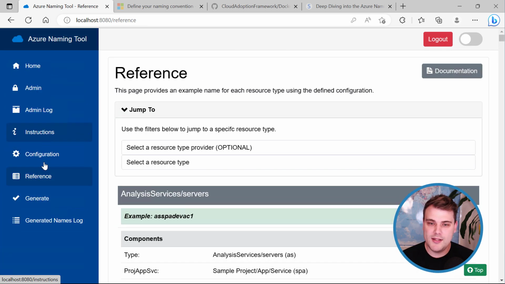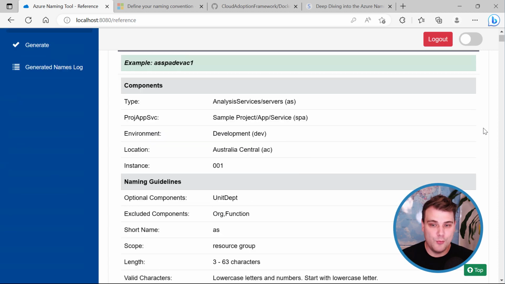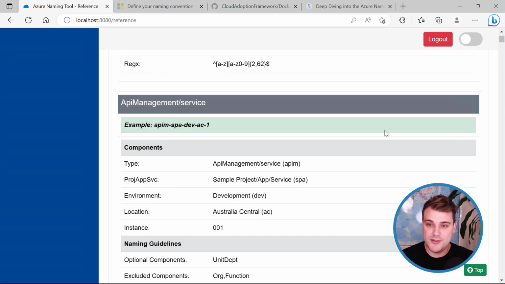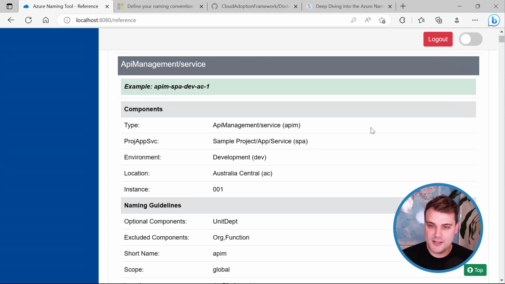The next section here is a reference section. And as per the name, this is simply a reference based off the naming standard and the configuration that you've set. You can come in here and see how a name would be generated for a specific resource. So let's scroll down here. Let's have a look at API Management Service. So the example that it's giving us is